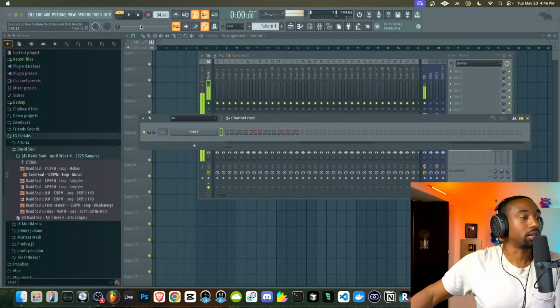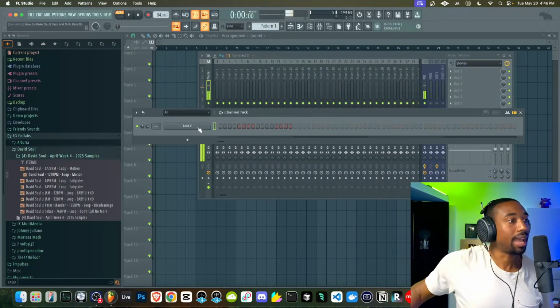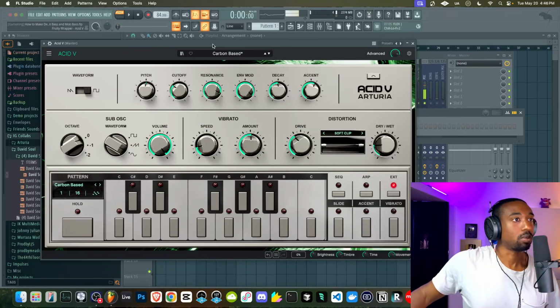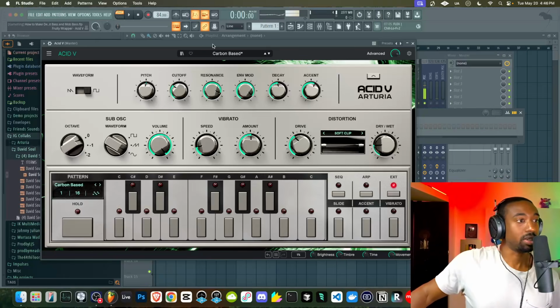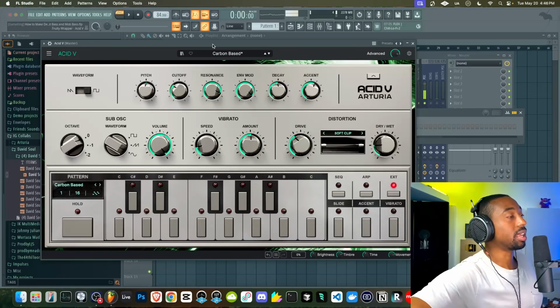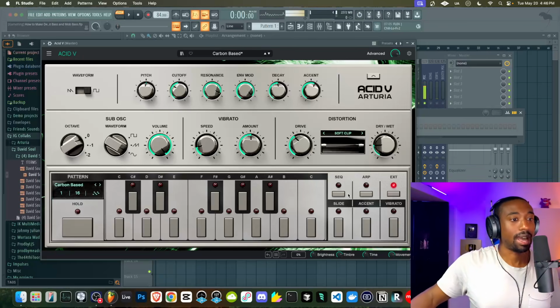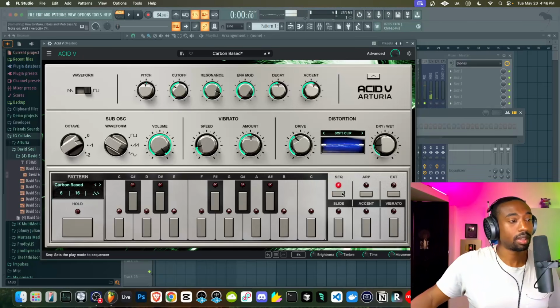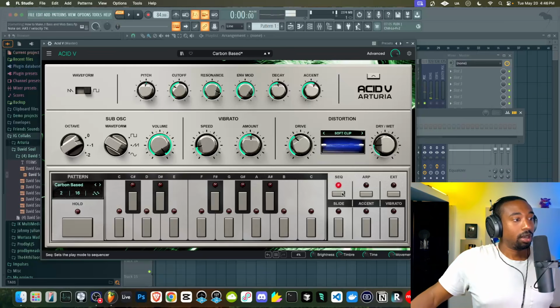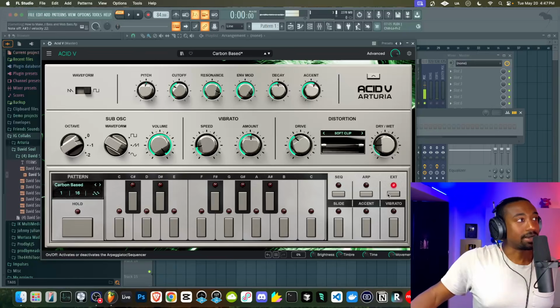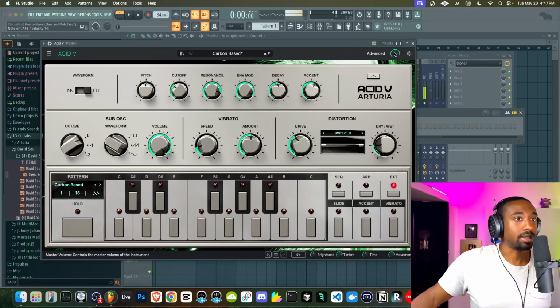But I want to show you guys an Arteria plugin called Acid. This is Acid 5. So this is modeled after the Roland TB303, which is a drum machine, or excuse me, not a drum machine, a synthesizer, a sequencer, basically, that creates these like acid type sounds like this. Okay, so what we want to do is turn off the sequencer mode, put this on EXT so that we could just play our notes as is.